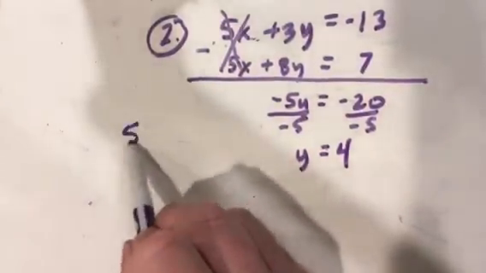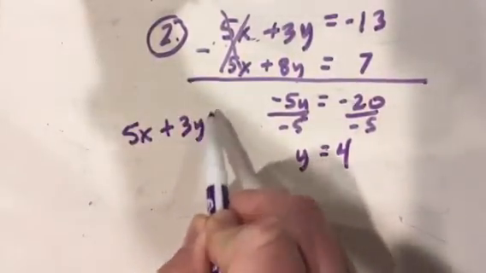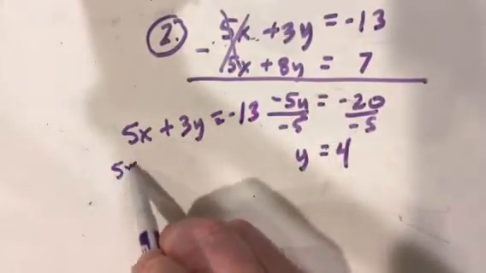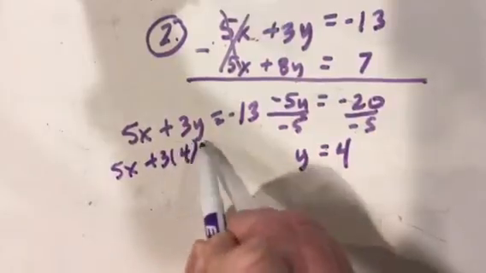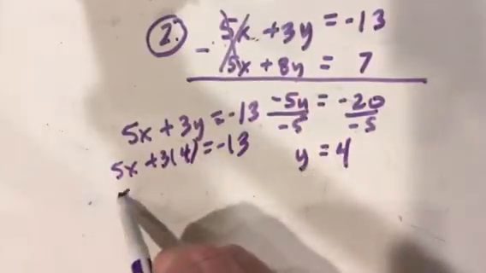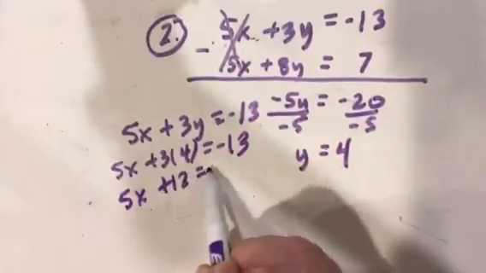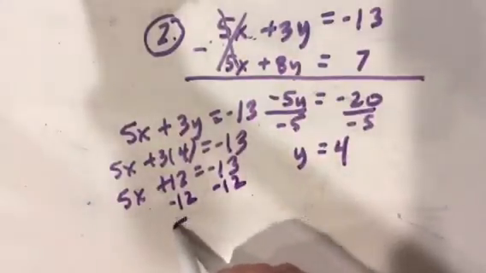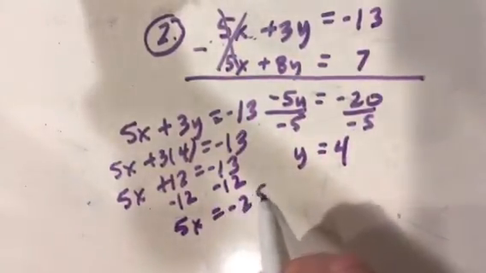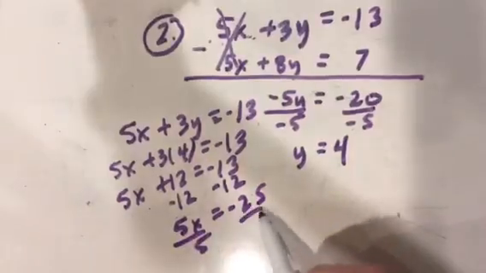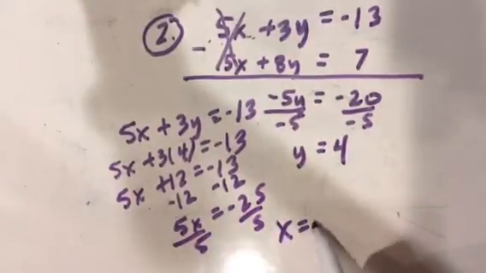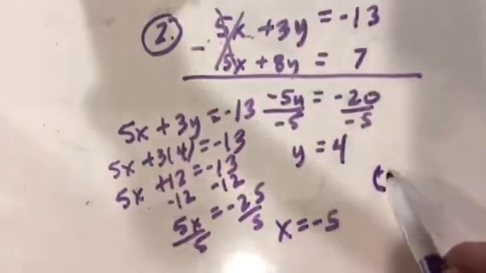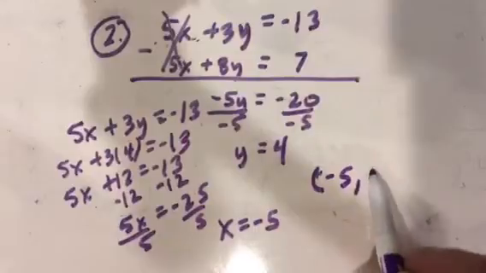And then we go back to one of these equations like the first one. We now know that y is 4, which makes that come out to be 12. And then we move this 12 by subtraction. And all of this is just algebra, that's why I'm going fast, because that's the part you ought to know how to do already. But after a little bit of work, you figure out that your x value is negative 5,